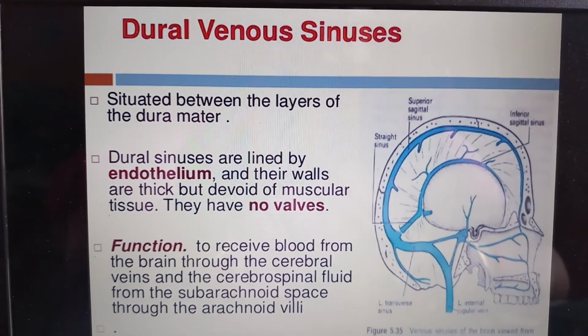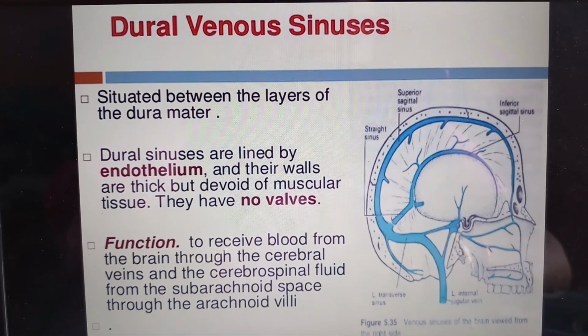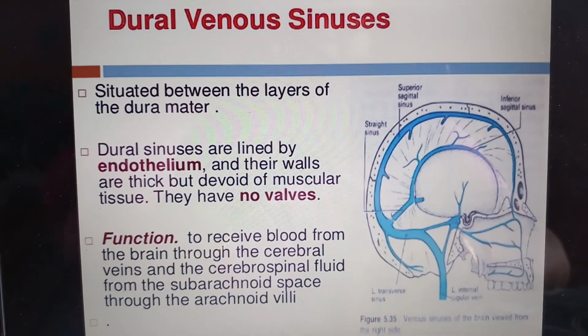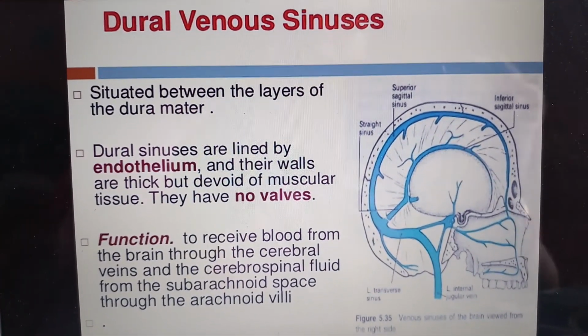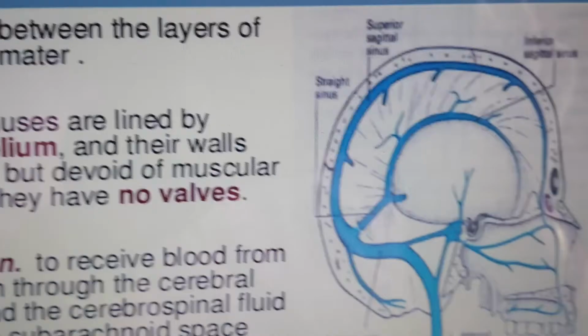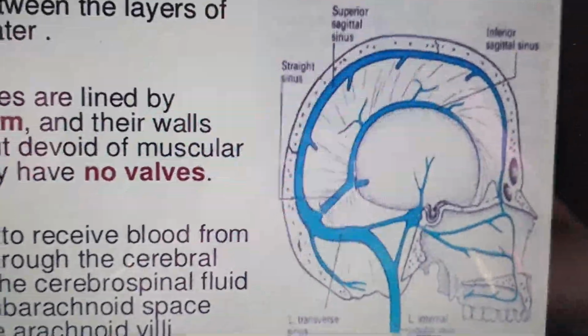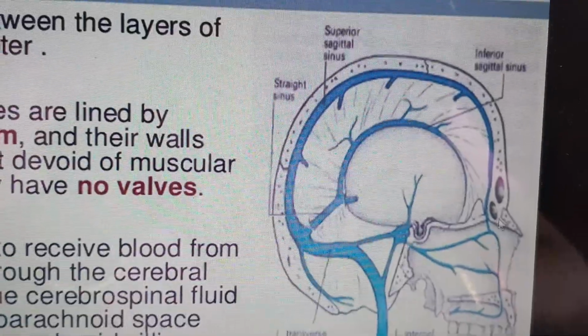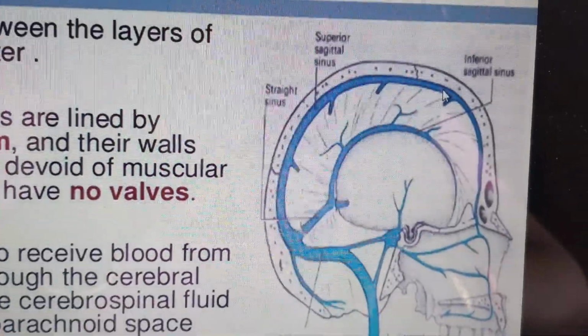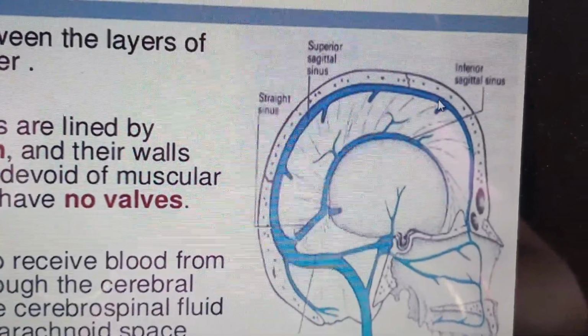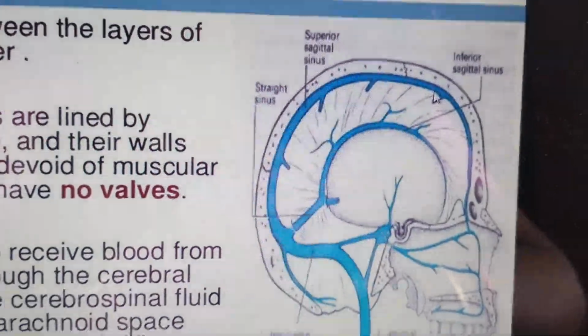So we now resume again to our next class for the dural venous sinuses. As we have already known, the dural venous sinuses, let us zoom into the picture and see this one. Yes. They are actually present in between the two layers of the dura mater. One is the endosteal layer of the dura mater and another is the meningeal layer of the dura mater.